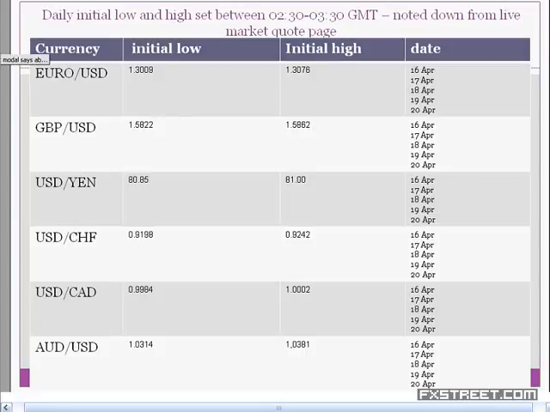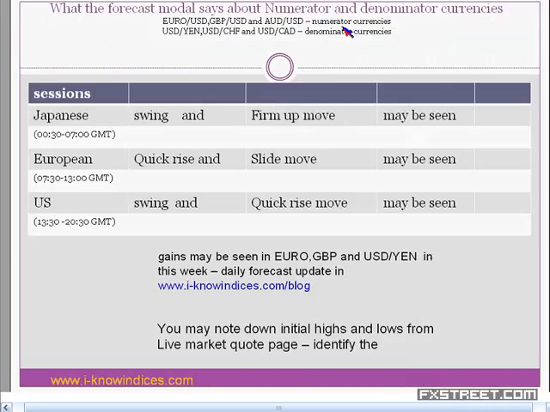So let us see the expected market moves for today. Now, Japanese session is from 0030 to 7 GMT. Currently, it is 5:17 GMT. That means from 5:30 to 7 GMT will be the late session. The last 1.5 hours will be the late session. Similarly, the first 1.5 hours will be the early session of each session. So a session is divided into early session, mid session, and the late session. The late session is 1.5 hours towards the close of the session. And in between the sessions, you come across the gap time.